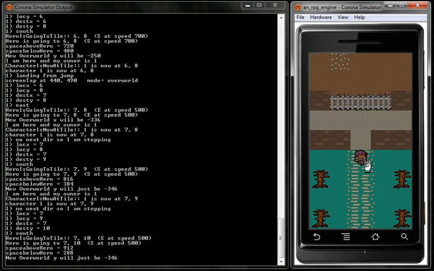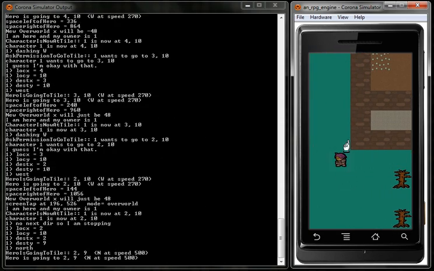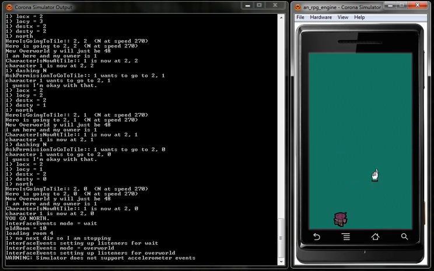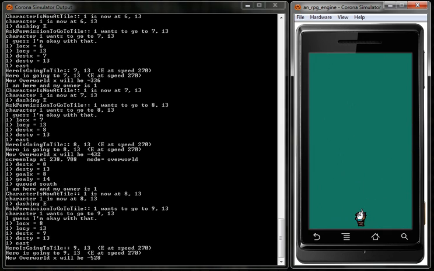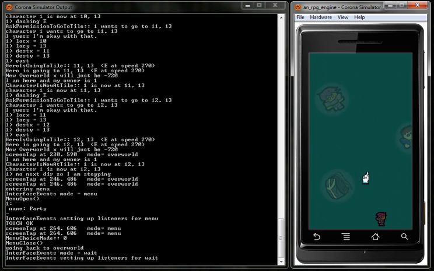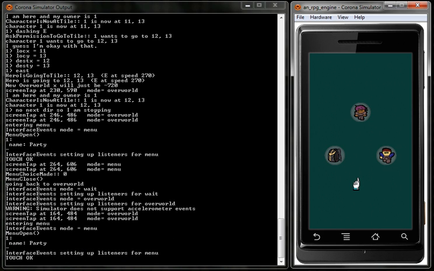I'm just gonna walk around while I talk about other aspects. See what else have I done on this project. Well, I guess we can go into the map. Like if I double tap, or on the Android if I hit the menu hard button, goes into this menu screen,